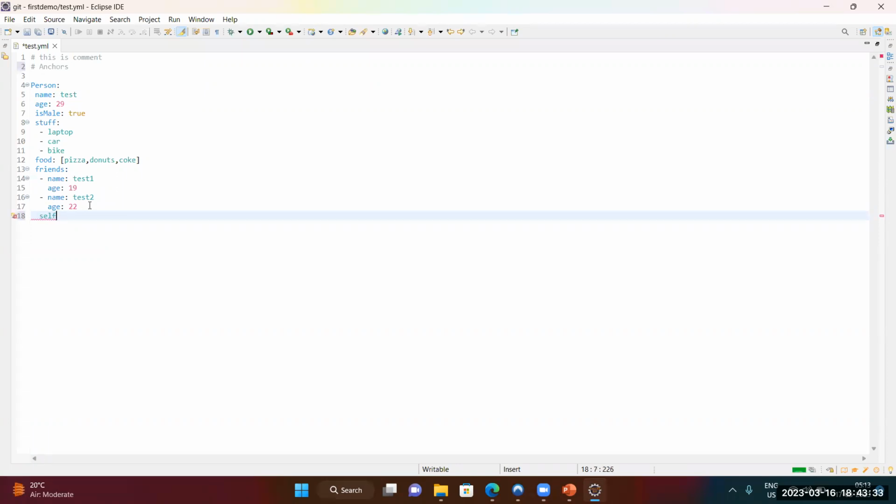In the self, let's say you're having the same value, test. Whenever you want to change the name over here, like now changing it to chain, the self also has to be changed to chain. So how do you achieve this? There is a concept called anchors in YAML. If you use that anchor tag,